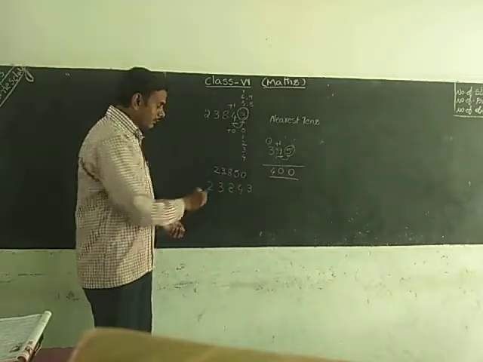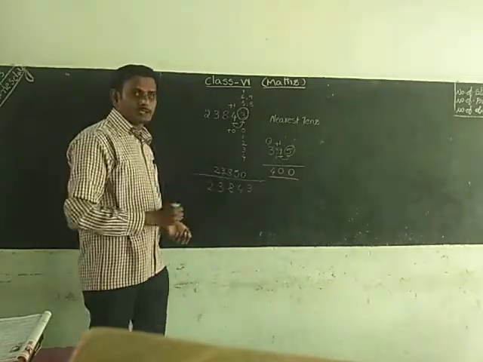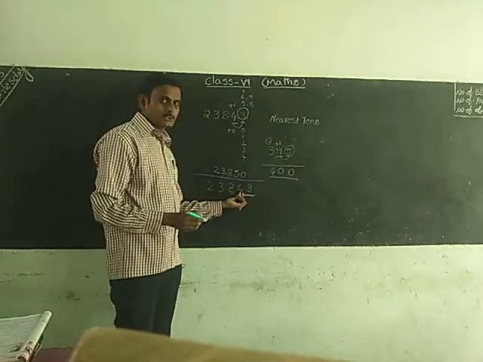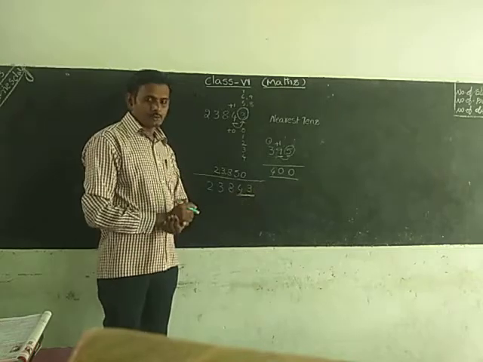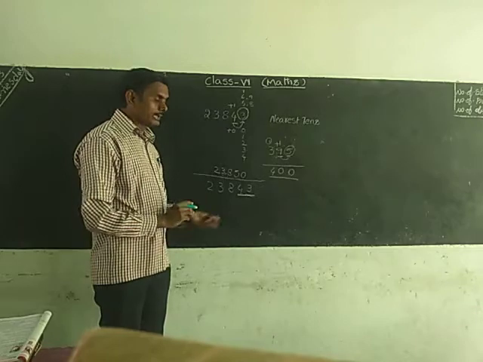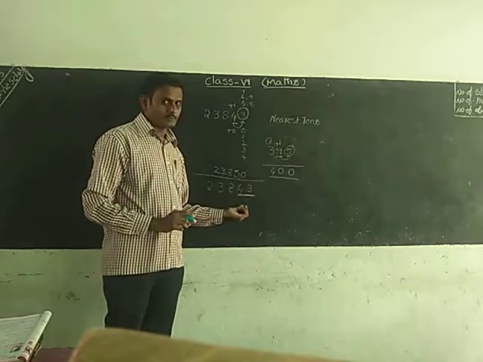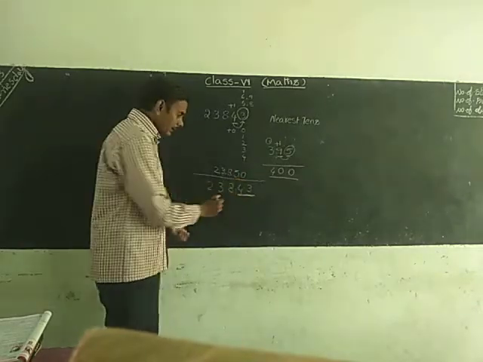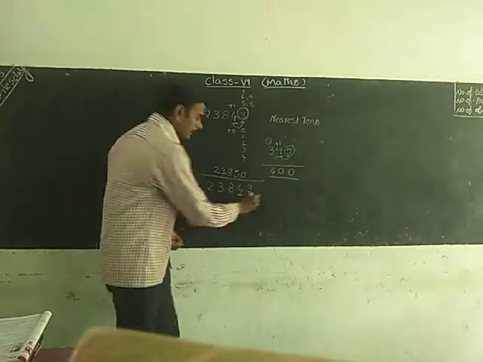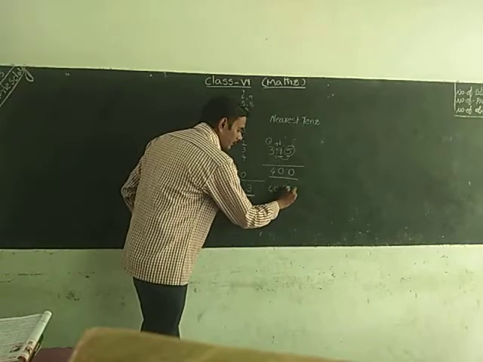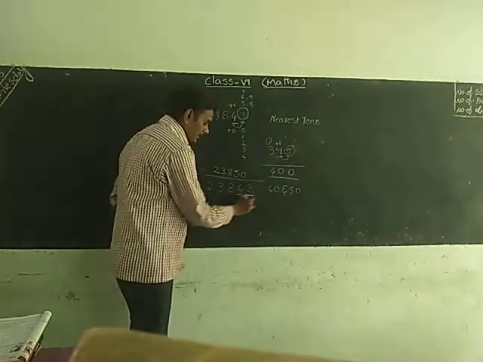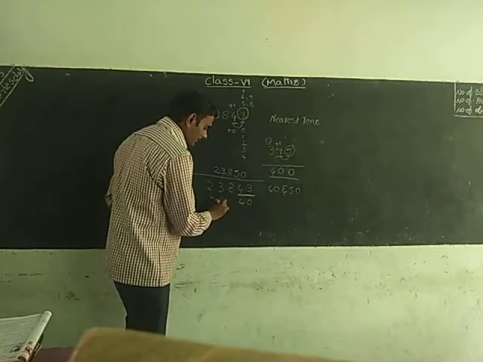I want to find out the nearest tens. Nearest tens means the tens place and the right side number; both you have to underline. When a carry is involved, it is a little bit difficult compared to that one. 43 is nearest to which number? 43 lies between 40 and 50. 43 is nearest to 40, so you have to write 40, with the remaining digits here.